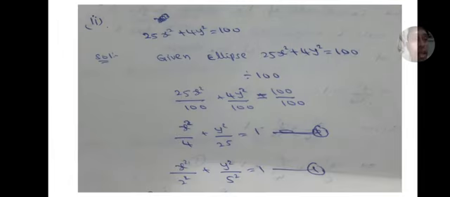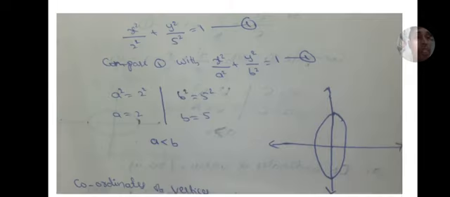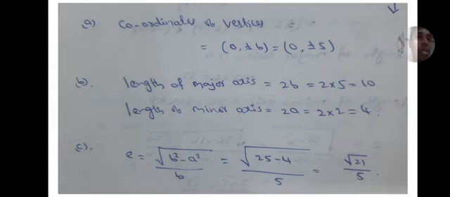First we convert into standard form, x square by a square plus y square by b square equal to 1. We have to convert into standard form. Then compare with standard form and identify the a value and b value. After identifying, we get a greater than b or a less than b. Here in the second case we get a less than b, which means it is the second standard form. If a is greater than b, the a value is larger, then it is the first standard form. According to that we have to substitute the formulas.